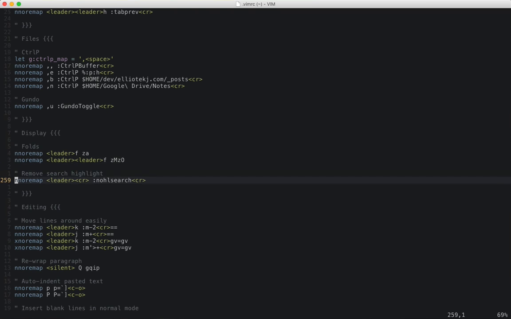Why is that not working? Oh, I'll look at that after. That's strange. Anyway, normally I'd go leader F and it will close all the folds but the one I'm in. But it isn't doing that for some reason. Anywho,